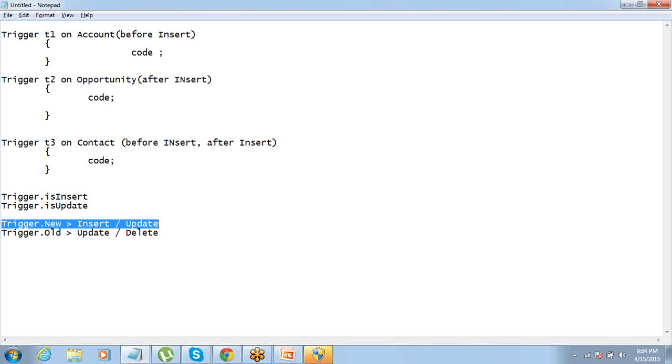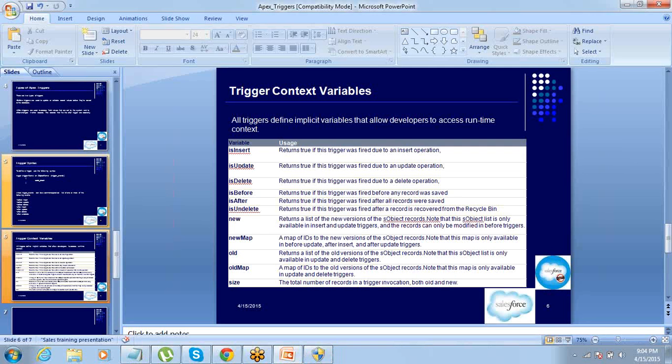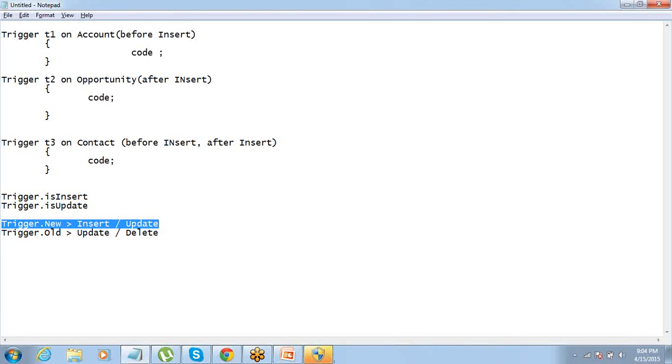Clear? So these are a few context variables, and then there is a Trigger.size, which returns the exact number of records which are being inserted or updated or deleted. So that's there. So we will go into those things later. So let's write a very small simple trigger, okay, and work on that, and you try to understand things based on that.